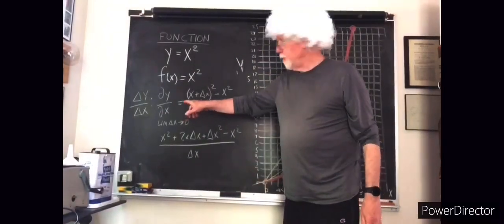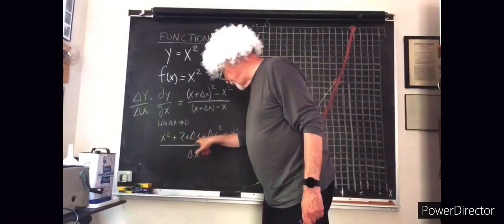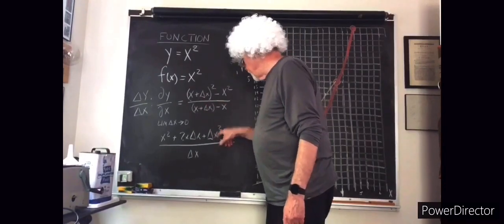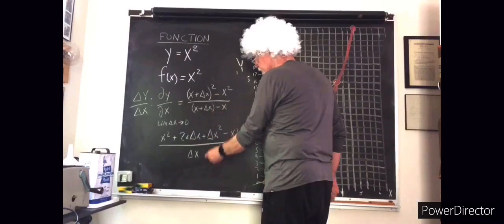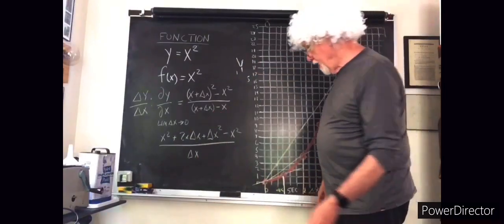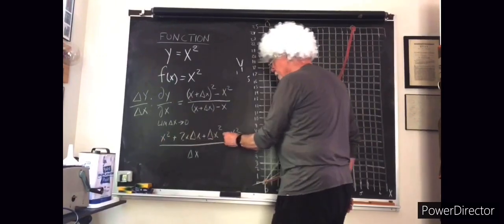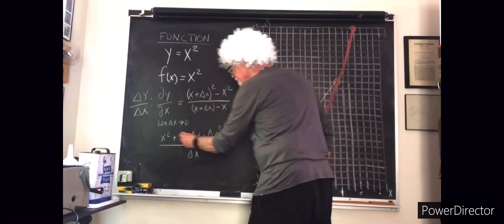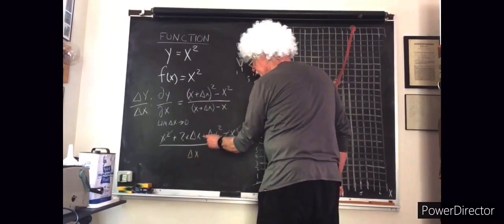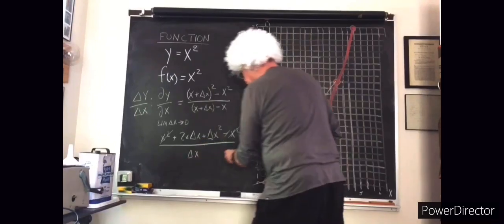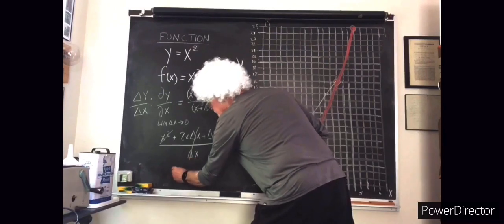Okay, I simply multiplied this through. This squared is x squared plus 2x delta x plus delta x squared minus x squared. And on the bottom, x minus x just leaves delta x. So now we can simplify this. X squared minus x squared can go away. And then we can divide delta x into here and delta x into there. And if we do that, we have 2x, because that goes to 1,